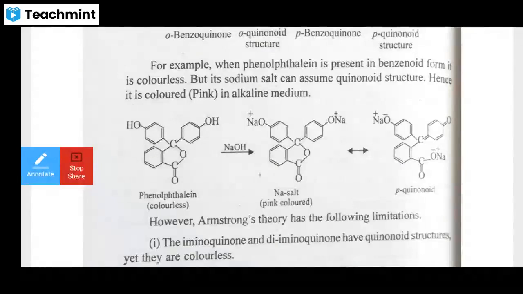Phenolphthalein अगर कलरलेस फॉर्म में है, ओके, phenolphthalein is present in the benzenoid form, बेंजीन के फॉर्म में है तो वो कलरलेस रहेगी। But its sodium salt can assume quinoid structure. अगर अब ये फर्स्ट स्ट्रक्चर है फेनोल्फथैलीन का, उसमें हमने सोडियम ऐड कर दिए तो सोडियम सॉल्ट तैयार हो गया। तो सोडियम सॉल्ट तैयार होते ही वहां पर क्या हो गया, उसको कलर आ गया। Hence color is pink color in alkaline medium। तो अल्कलाइन मीडियम में उसको